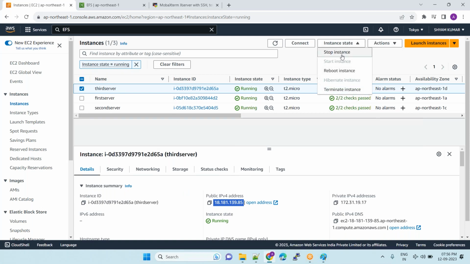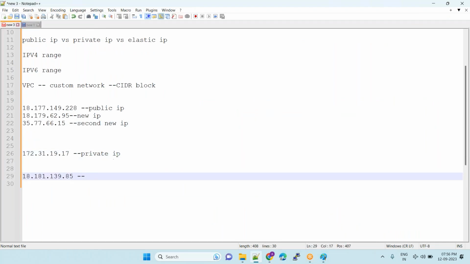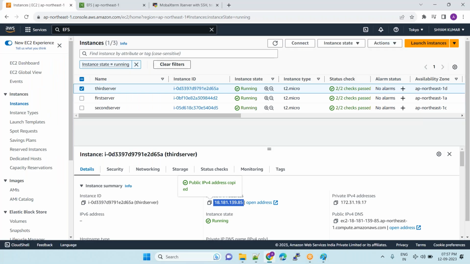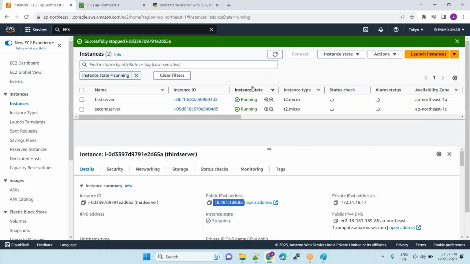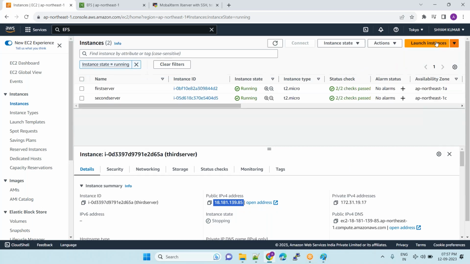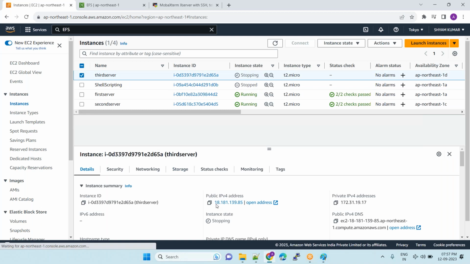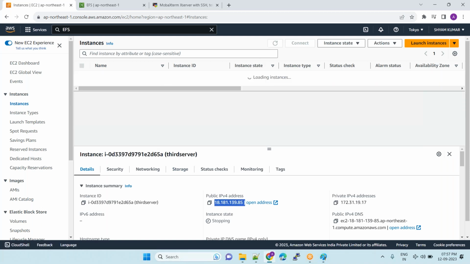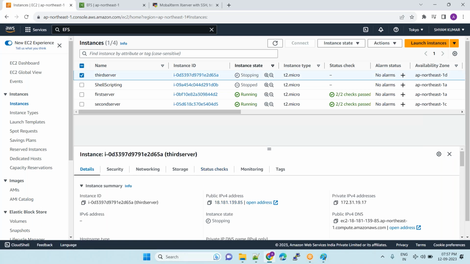So even if you now stop the instance, this is my elastic IP server. This will become my public IP for my third server. So even if you restart this server or stop the instance, the IP address will never change. So if you want a static IP address for your server, even if you stop it, our IP address will